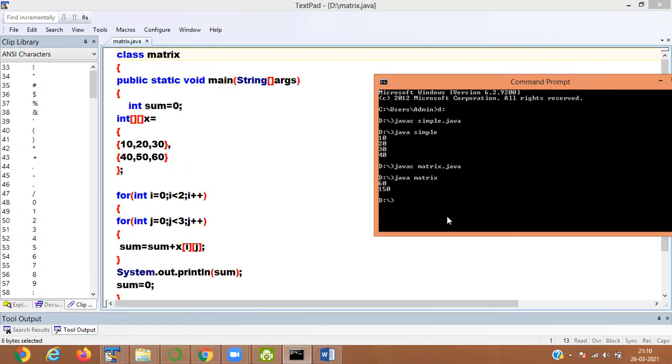So it is showing you 60 and 150. 10 plus 20 is 30, plus 30 is 60, and 40 plus 50 is 90. 90 plus 60 is 150.